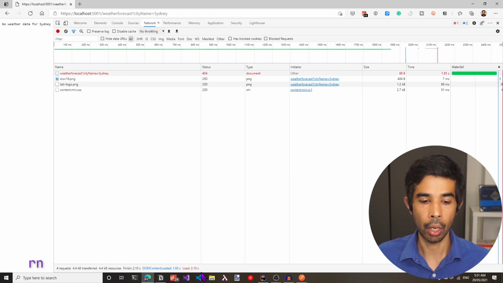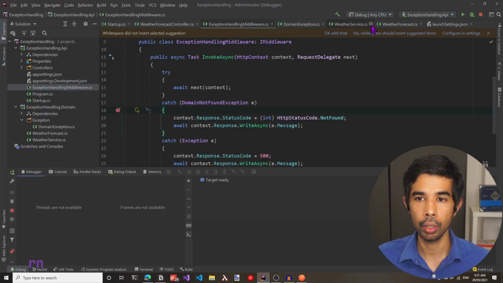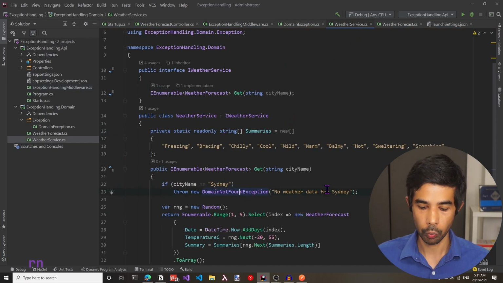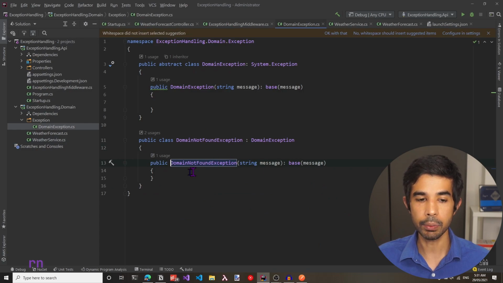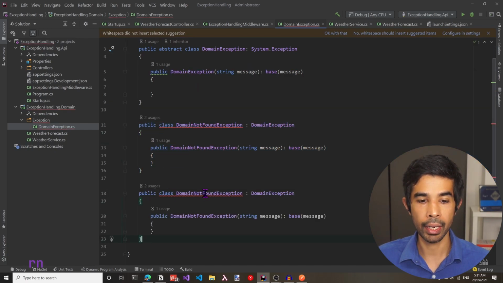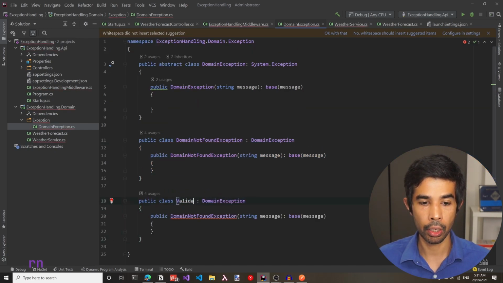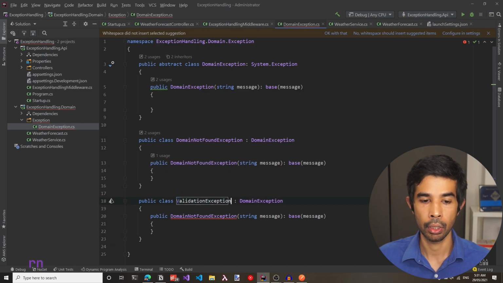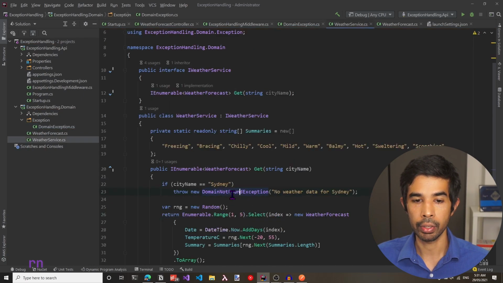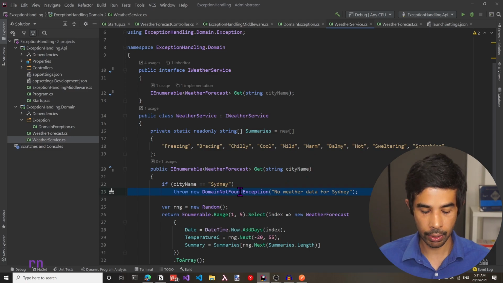Now if we navigate back into our source code, and if this was throwing a different exception, so let's go into the weather service and throw in a different exception. So we can always go inside this exception class and create a new class. So let's copy this and say this is now going to be a validation exception. So instead of domain not found, we create a new class which is validation exception. Now this could have validation errors from your class as you expect. Now if we come back and throw a validation exception here,